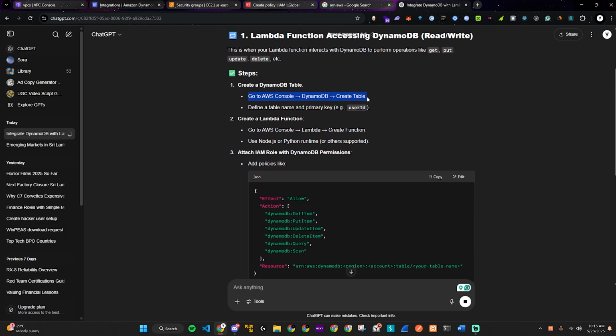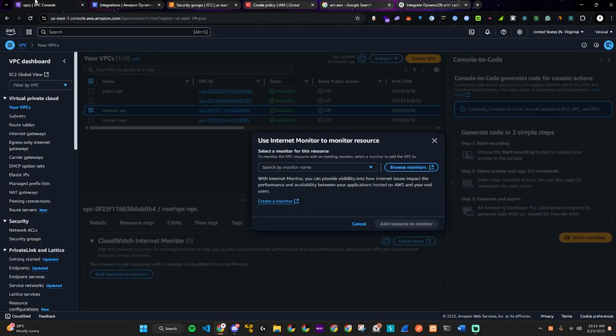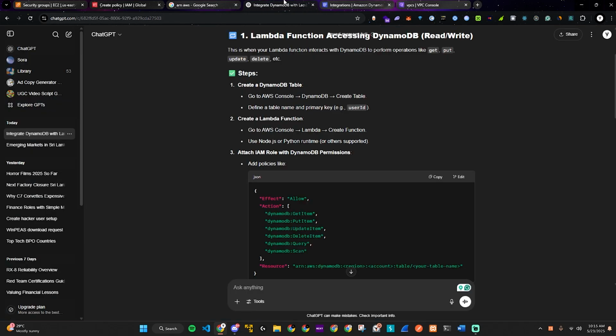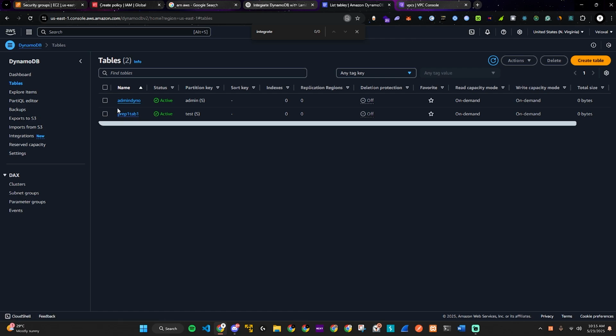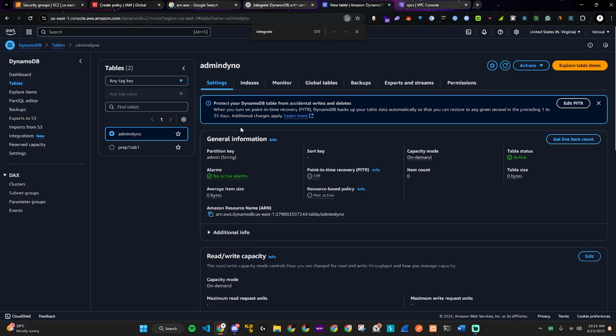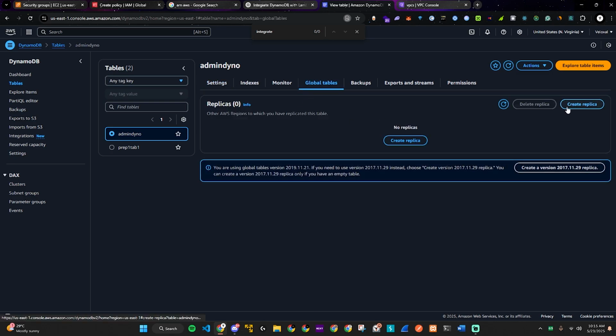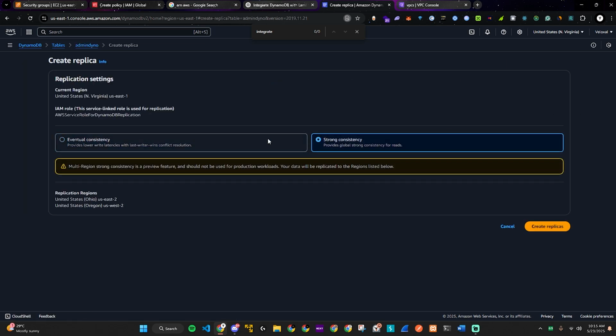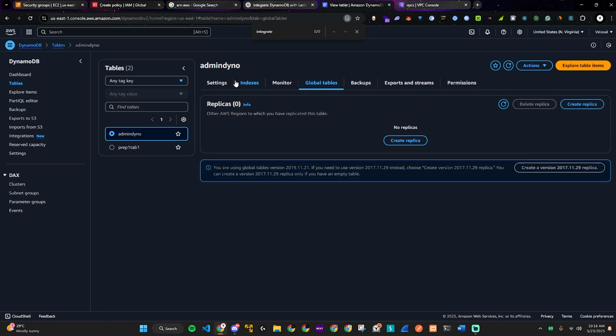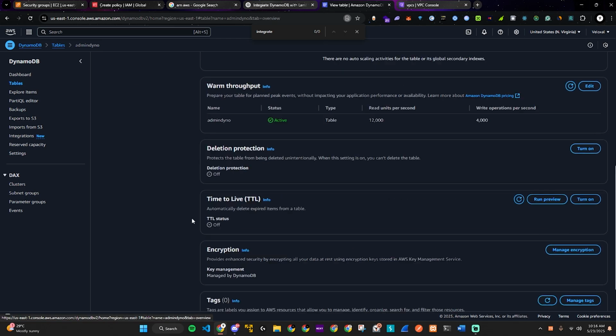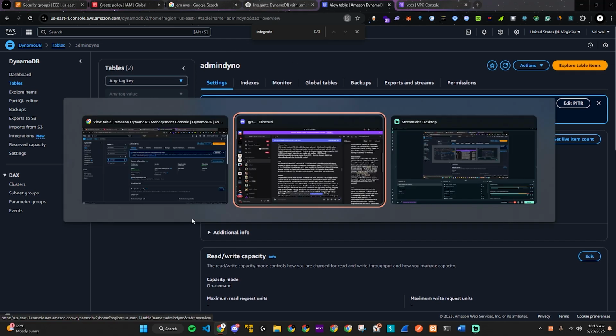AWS console, create table. DynamoDB create table. Interesting. Yeah, we've created this, define a table and primary key. We don't need a replica, we just need... Okay, well,